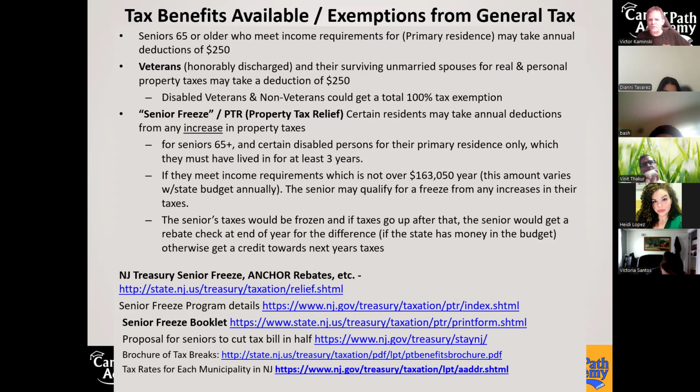It's the program where it'll freeze the seniors' taxes if their income's under a certain amount and it's their primary residence. You could freeze their taxes at a certain amount. So if they go up, they'll get reimbursed for the difference at the end of the year, from what they froze them at and what the taxes are if they ever do go up. And she's like, oh, there's no program like that. And so I turned around and started to walk away. And I was like, no, this is bullshit. Let me talk to your supervisor.